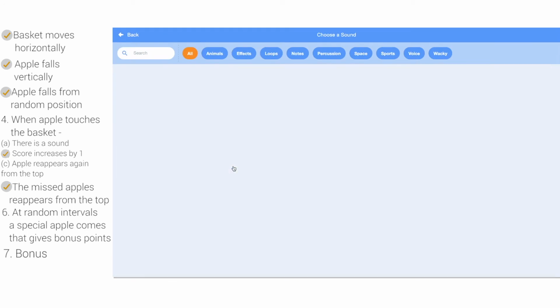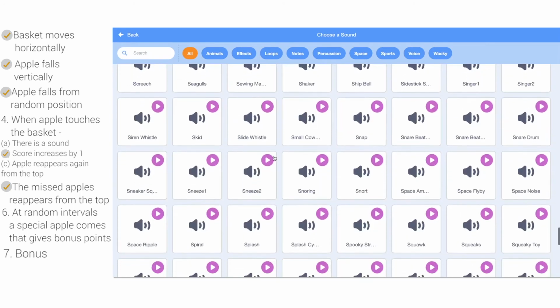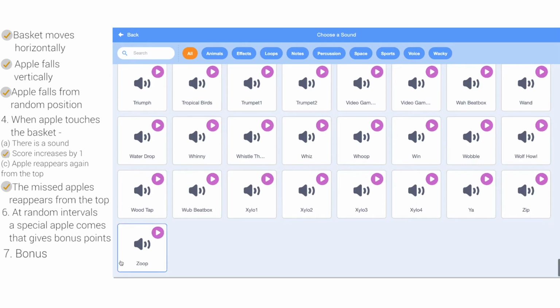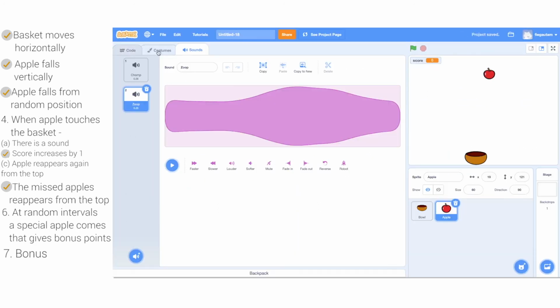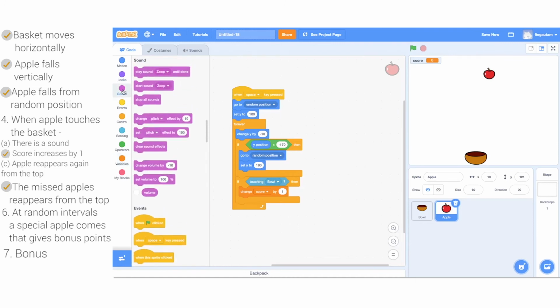I have a lot of options here. I can choose any of these sounds. I've chosen the last one, which is zoop here. So I can start this sound and again go to a random position and set Y to 180.